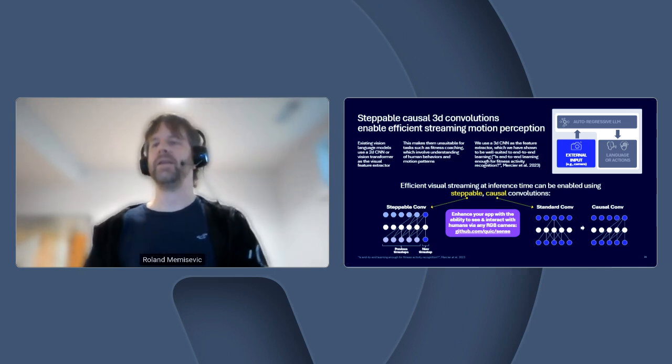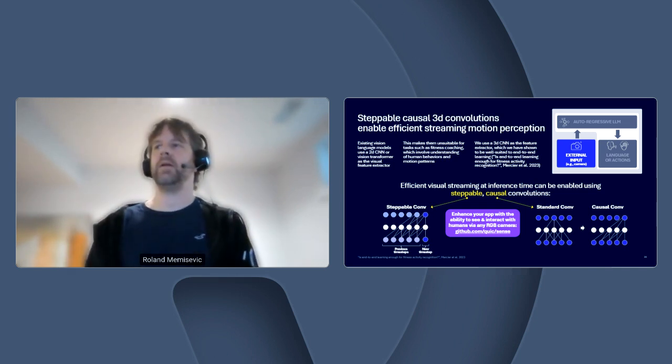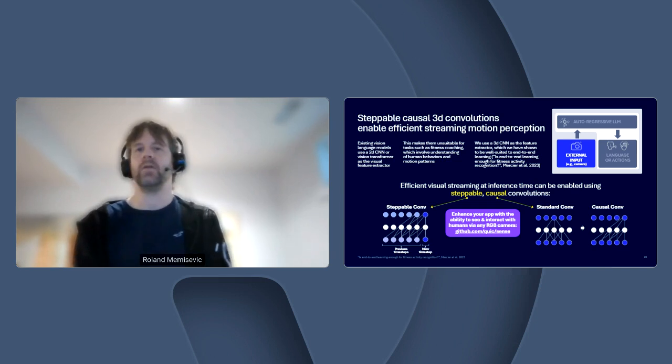So we quickly realized that one way to get to such a model is to use a 3D convnet. That is a convnet that has 2D convolutions in the image domain and 1D convolutions in addition in the temporal domain. And that quickly learns to encode motion patterns, behaviors, and so on.